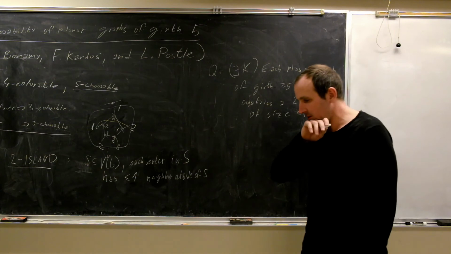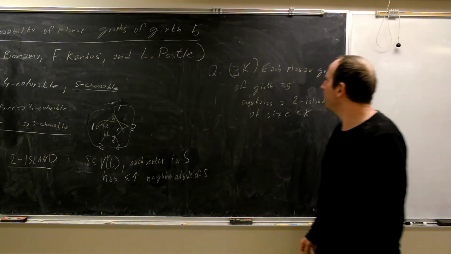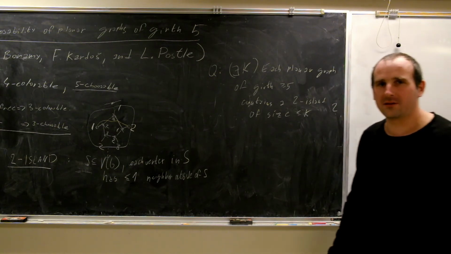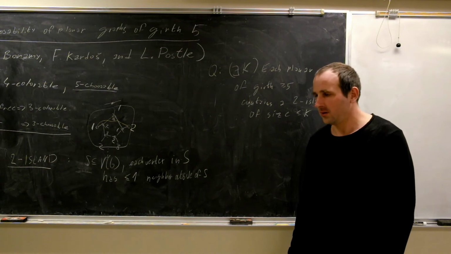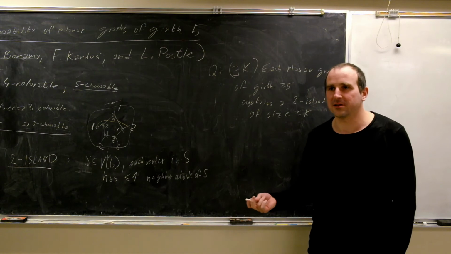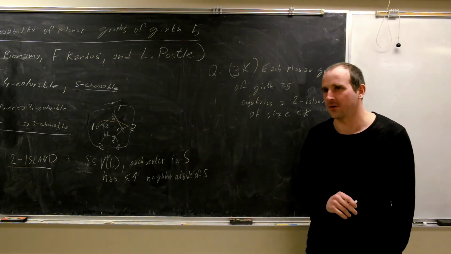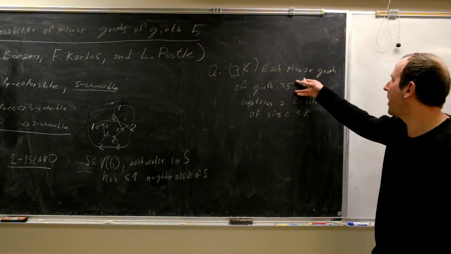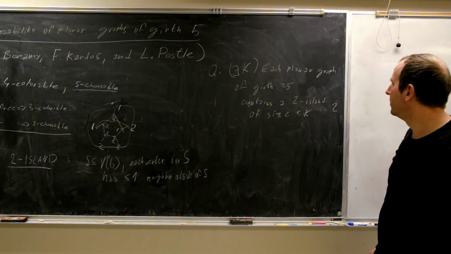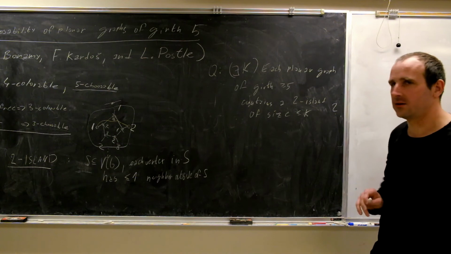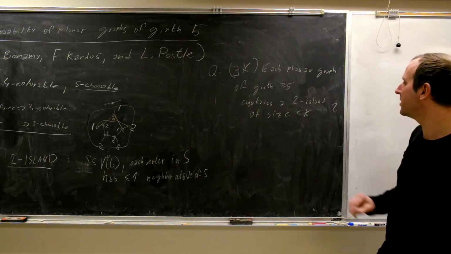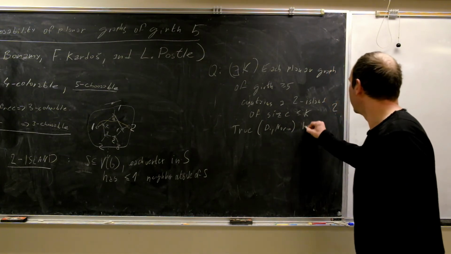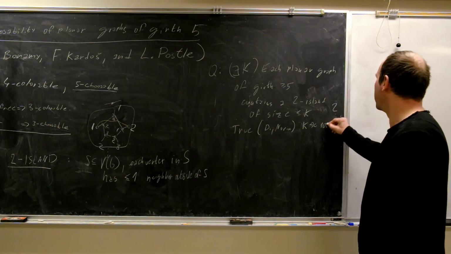We proved this with Sergei Norin using an argument which is not by discharging. This actually just follows from the fact that planar graphs have sublinear separators, so that each planar graph on n vertices has a balanced separator of order at most 2 times square root of n, let's say, and the fact that planar graphs of girth 5 have edge density less than, well, average degree substantially less than 4. So from these two facts you can deduce this. And so this is true by this result of myself and Sergei Norin for K roughly on the order of